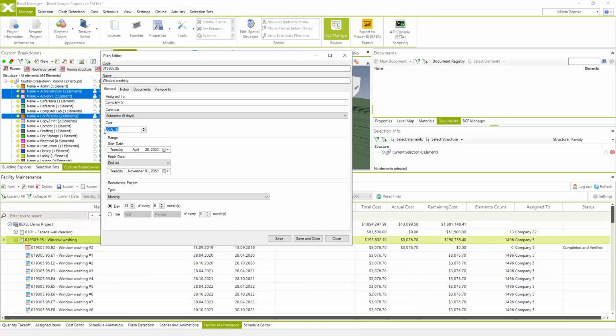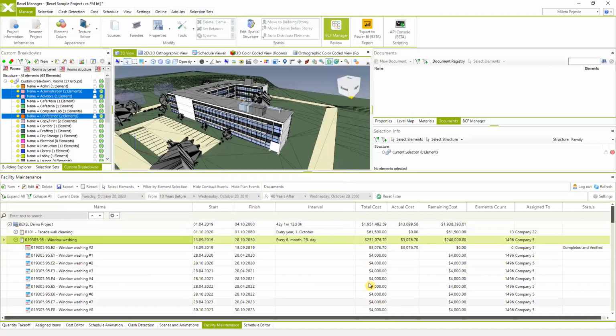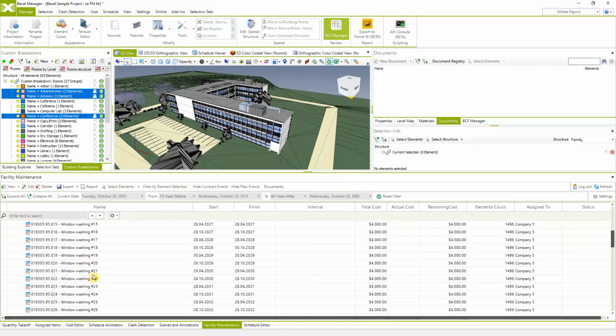So if you already have an activity which is executed for window washing and the price was 3.76, and for example on the market the price is higher, if we change it, the price will be changed just for the activities which are coming or which are not executed yet. Or again, if you created the price as a planned price, of course, when the